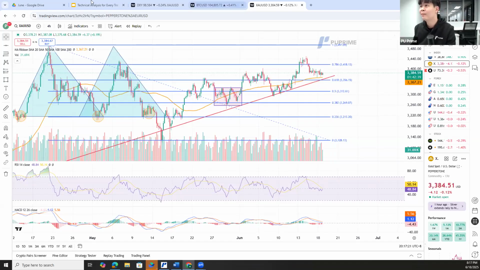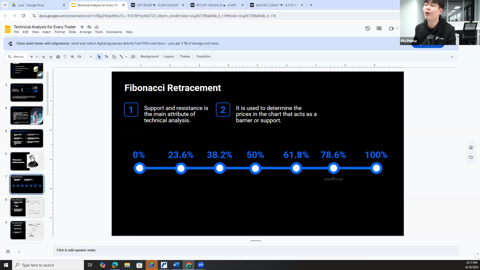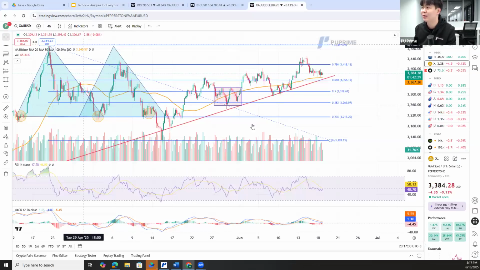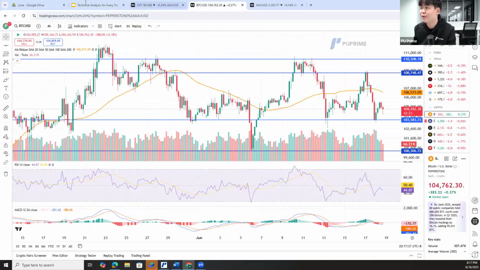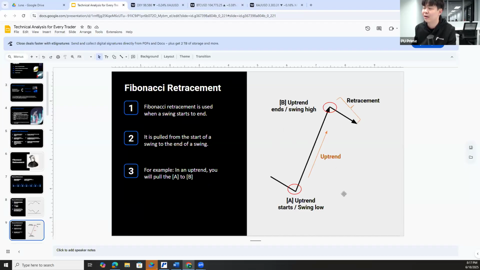Okay, so now let's move on to how we can draw the Fibonacci retracement. It's actually quite simple. There are just two ways. Either you draw from the highest level to the lowest level, or you draw from the lowest level to the highest level. But there is a criteria. So let's say you have two trends. Let's say we are going to explain the lower level, then you draw to the highest level. What is the criteria? The criteria is the asset class must be in an upward trend or a downward trend. But in terms of trend,